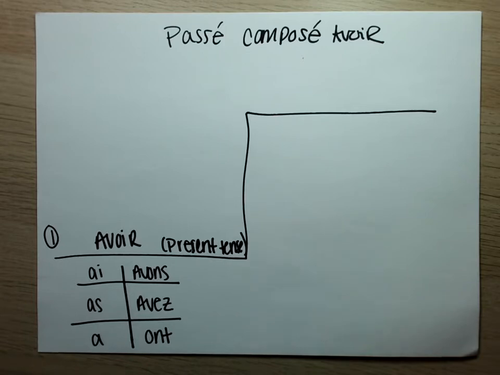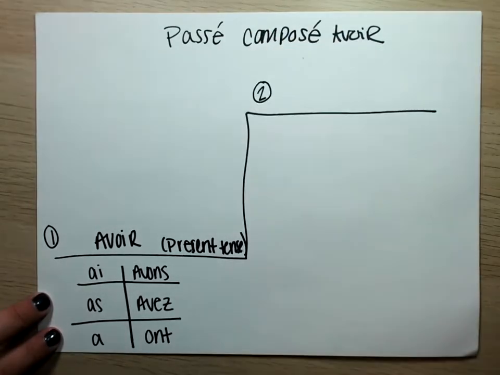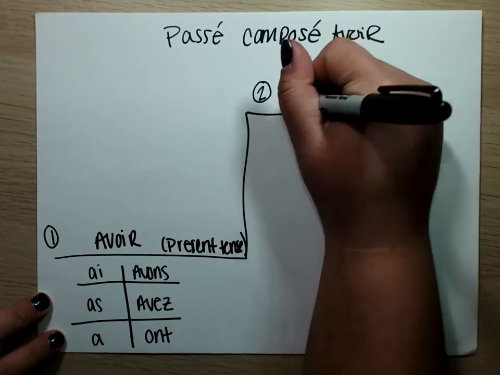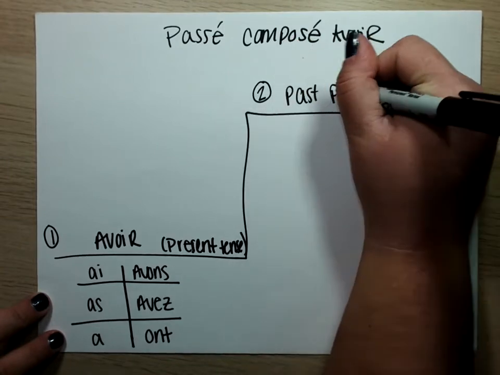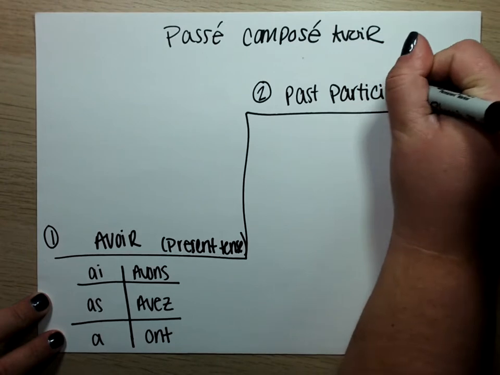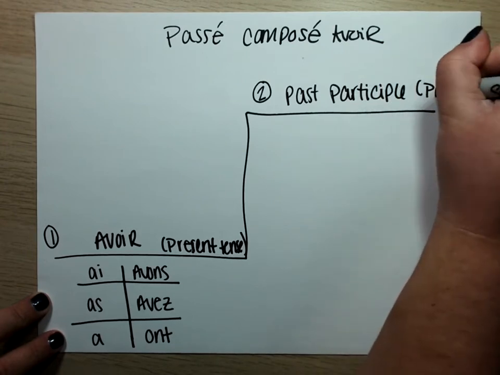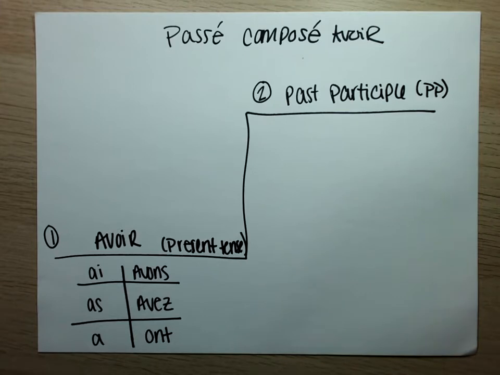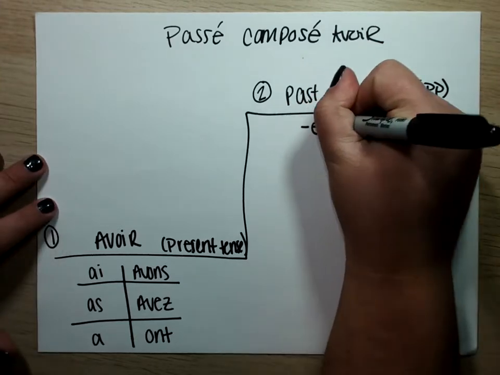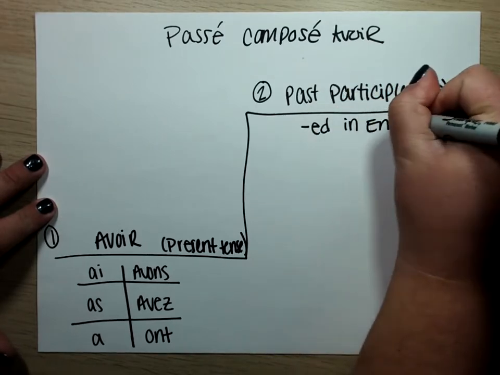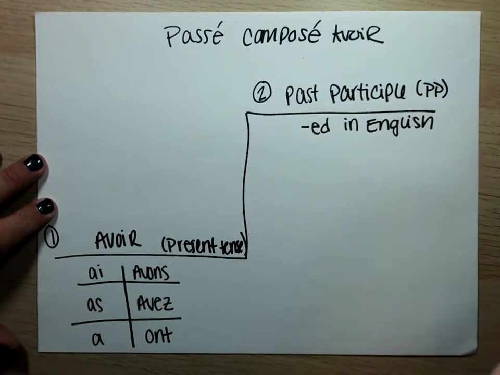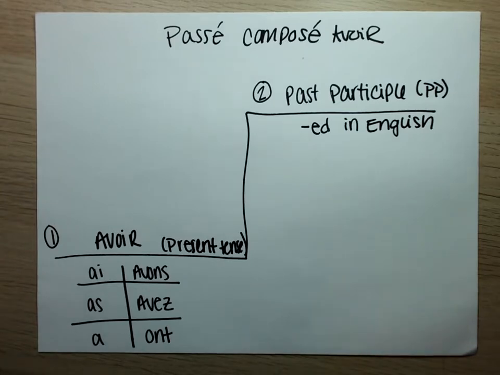The second step to passé composé avoir, so la deuxième étape, that second step is going to be your past participle. By past participle, we usually call it the PP. So past participle is that thing that ends in ED in English, so that might help you keep it straight. Now, with the passé composé, with your past participles, there are a couple irregular ones. We can get into those later on, but I just want to make sure that we have a good basis